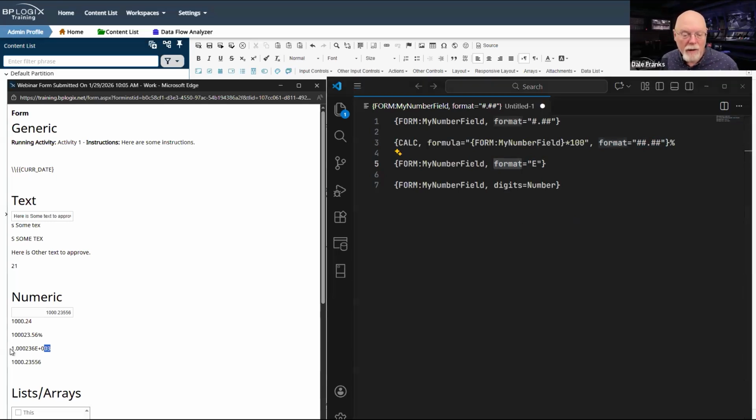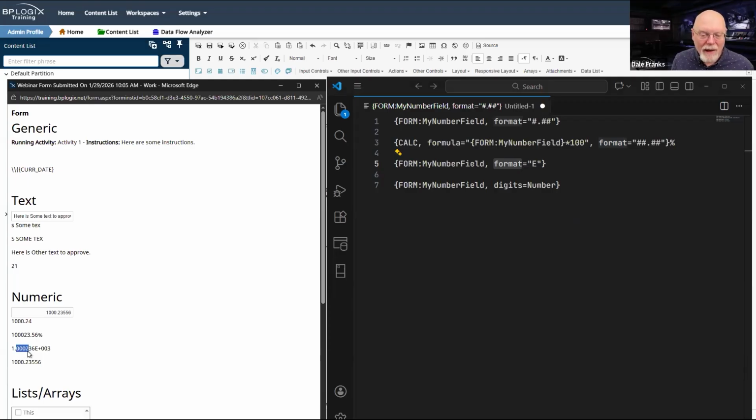So if we go down here, we get this value of 1.000236 E plus 003. And of course, if you know exponential notation, that's just telling me that it is 1.00236 to the third power.